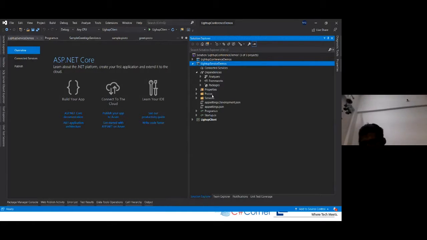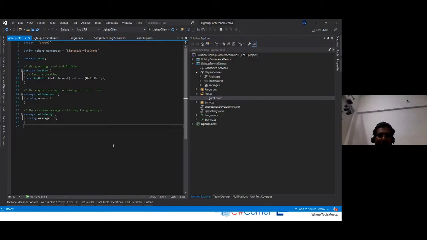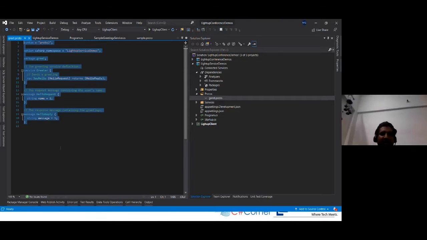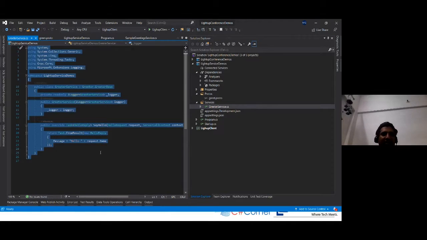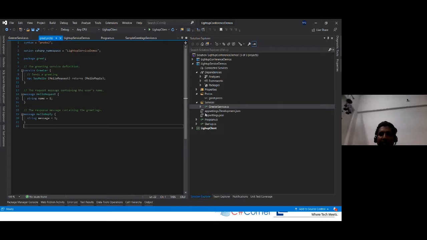When we look at the folder structure and how things are arranged, you will see this protos folder with greet.proto. Basically, this is the proto file, and this is the service implementation of that particular proto file. Again, like I have explained, this proto file uses the syntax provided by proto3.